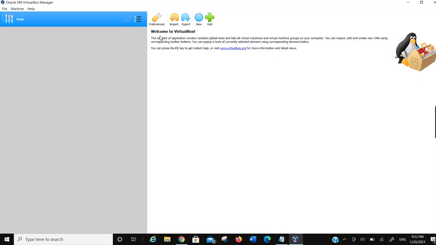So let's go there. This is the main page, the dashboard basically of VirtualBox. And now I'm gonna show you how to create a virtual machine, basically a virtual PC. To do that, we have to go to this icon. It says new,